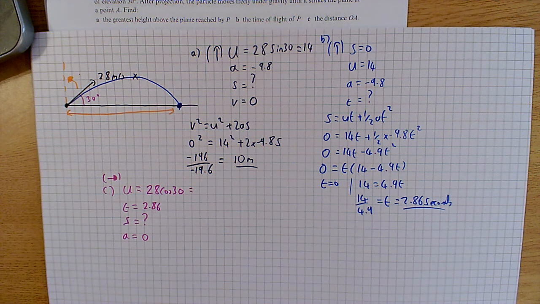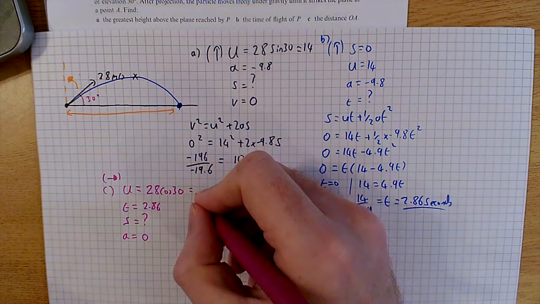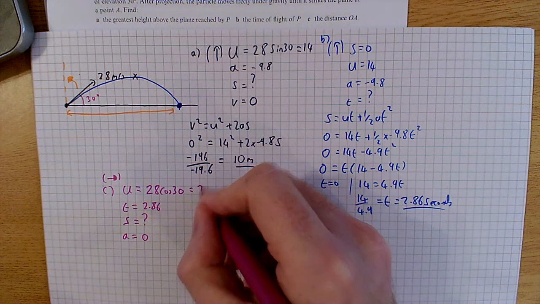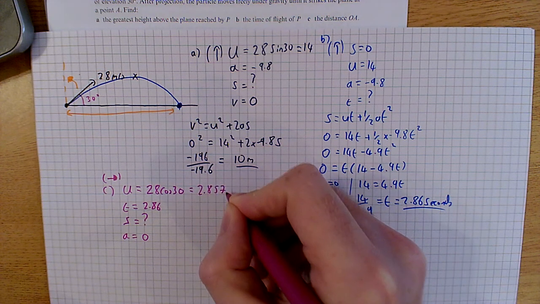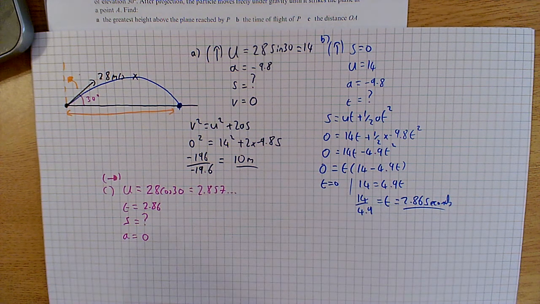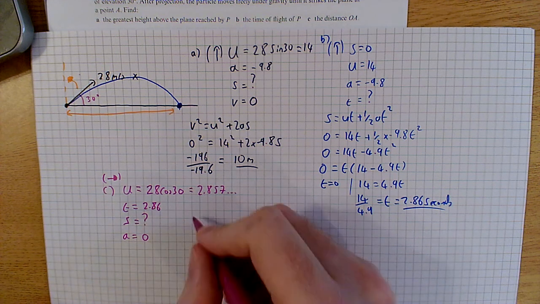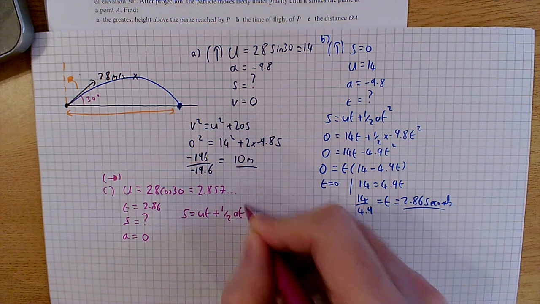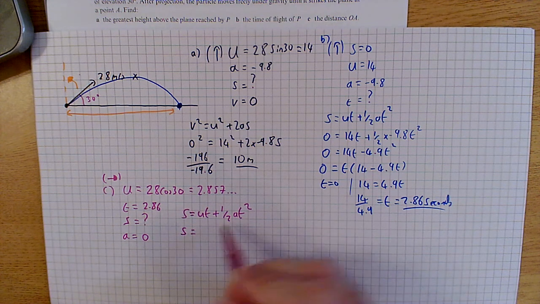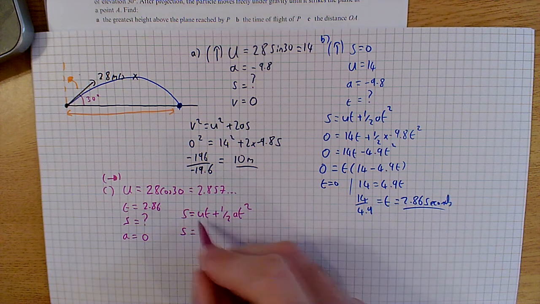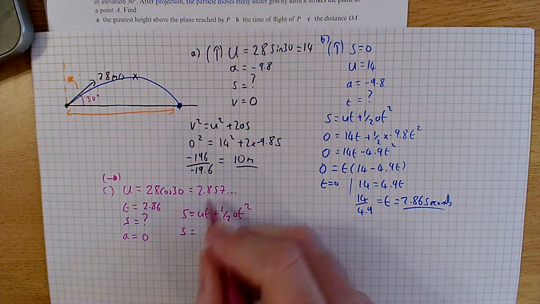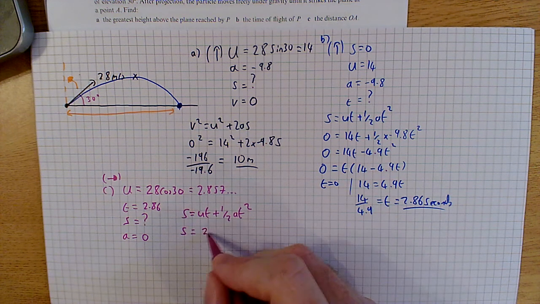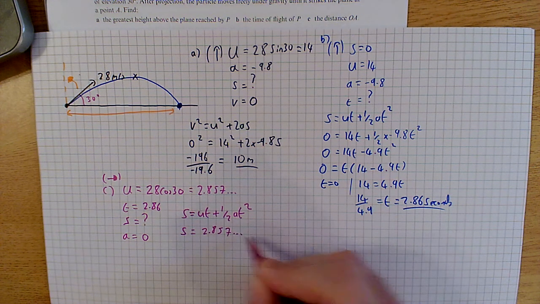So let's find out what 28 times cos 30 is. It's 14 root 3, or if we use the decimal version, 2.857, and a bit more. So all I'm going to do is use my equation. So I've got s equals ut plus 1/2 at squared, but our a is 0, so this 1/2 at squared term is going to die, and we're just left with s equals ut, so it's our 28 cos 30, 2.857, times